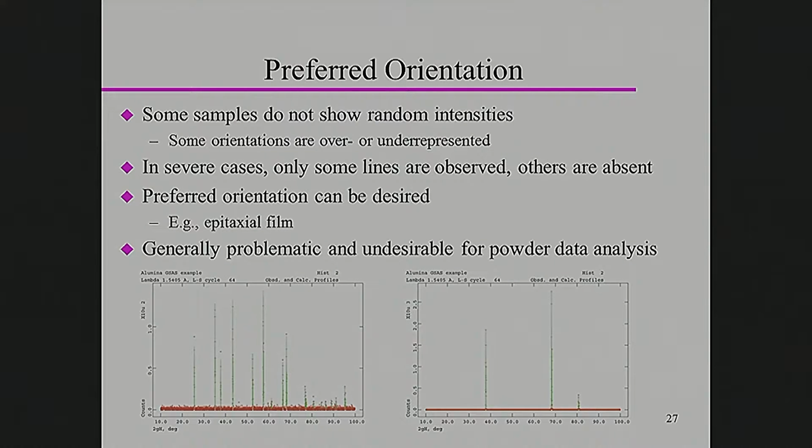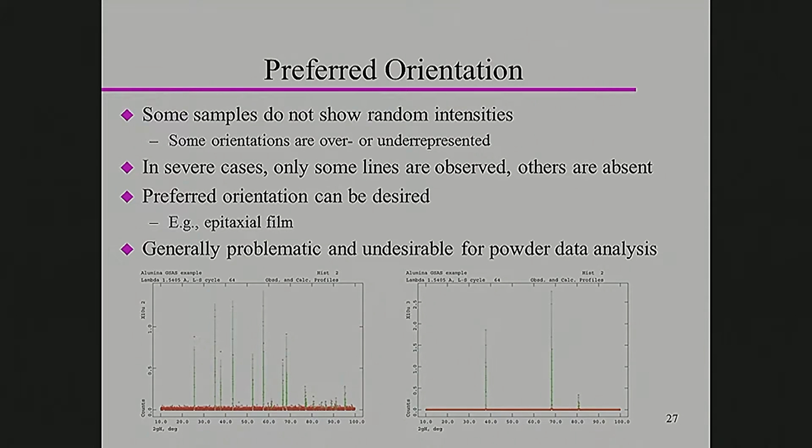Now, one of the things that you may be less familiar with, unless you have done a lot of powder work, is this preferred orientation that I threw up there on that slide, right? What that refers to is that some samples simply do not show random orientations, not random intensities, so we call it preferred orientation. It means some orientations are more prevalent and others are underrepresented. And in really severe cases, you may completely be missing quite a few of the lines and only observe certain